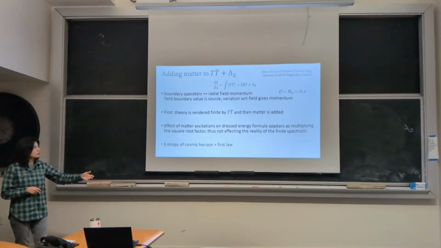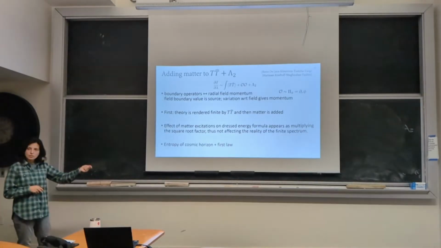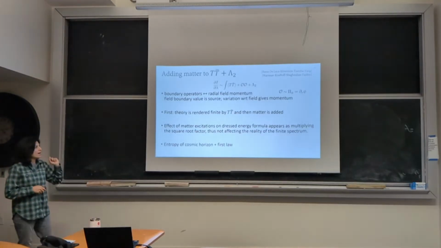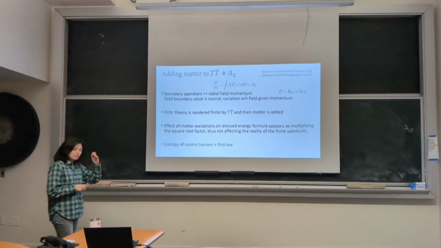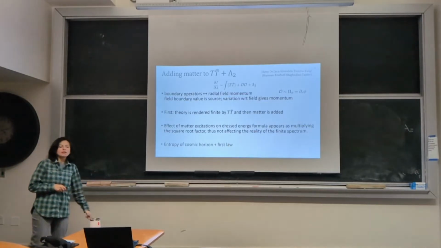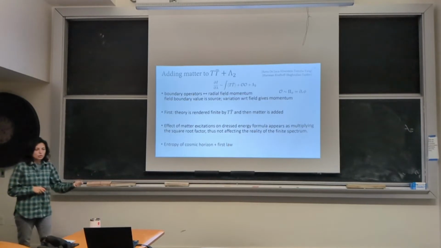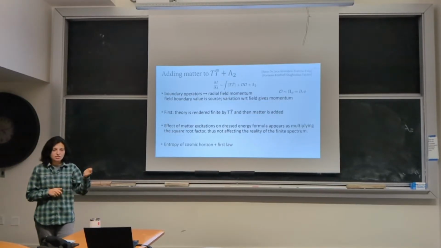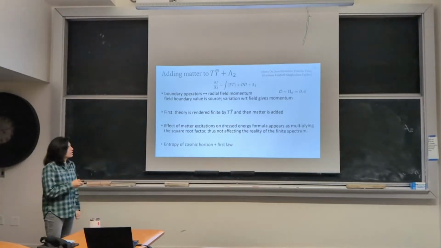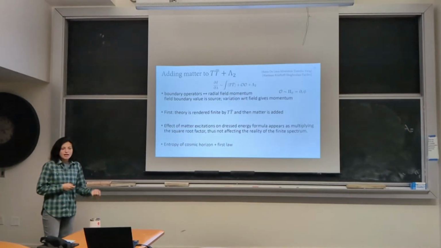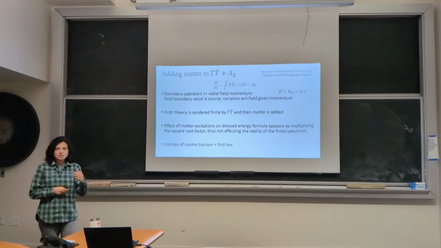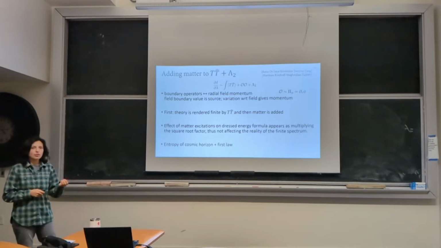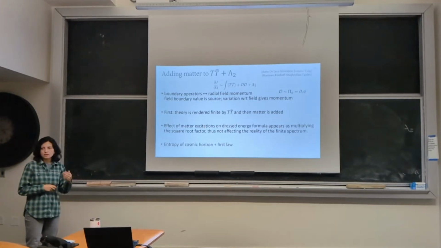The value of the field at the asymptotic boundary usually plays the role of the source term of the dual theory. If you vary the action on the gravity side with respect to the source, you get the operator O. But on the other hand, variation with respect to the field value gives us the momentum, the kinetic term, in terms of